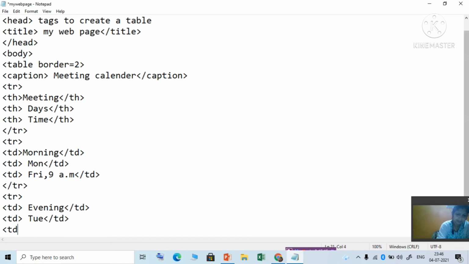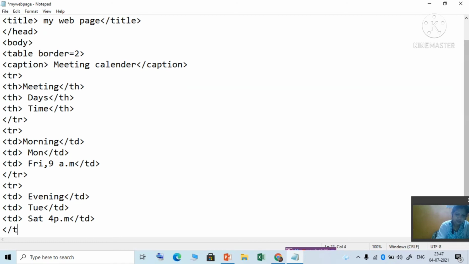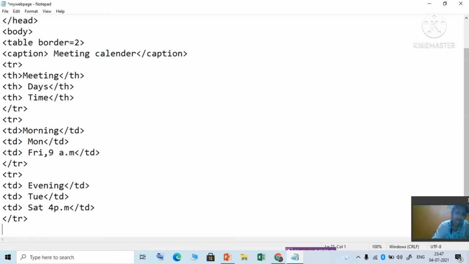Use td. Then close tr, meaning this row's data is over. Okay. So now the table is finished, so you close the table tag.